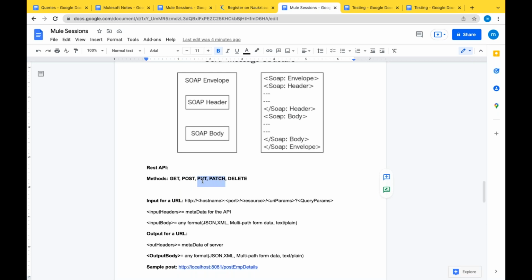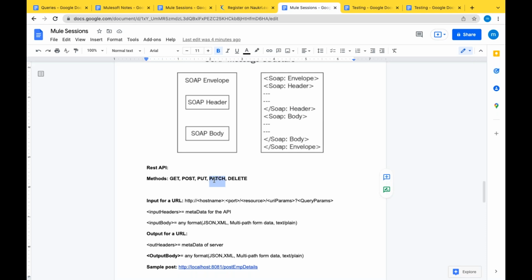The difference between PUT and PATCH is that PATCH is an update, PUT is an override. So with PUT you override whatever you have. PATCH is where you make an update on whatever details you have.